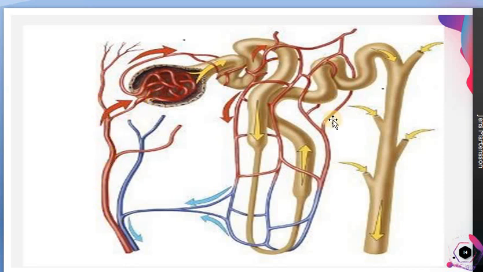When it crosses this part, all the nitrogenous waste, all the excretory products, go into the nephron. So the blood becomes purified, completely clean of nitrogenous waste. This blood becomes free from nitrogenous waste. This is the reason sometimes in the question paper they ask: the renal artery's chemical composition is dirtier than the renal vein, justify your statement.